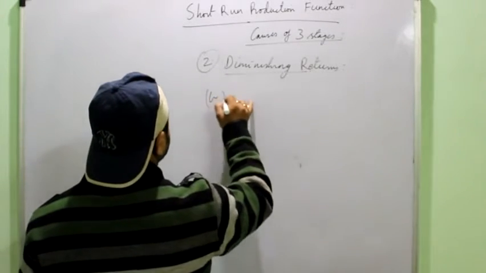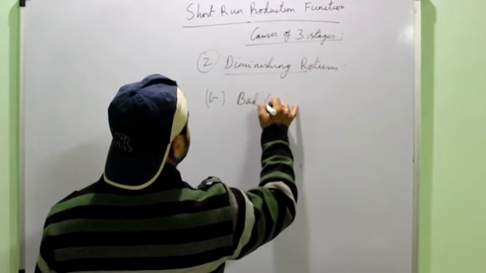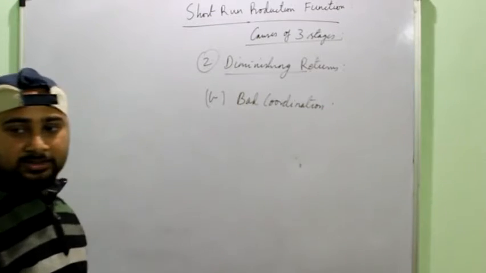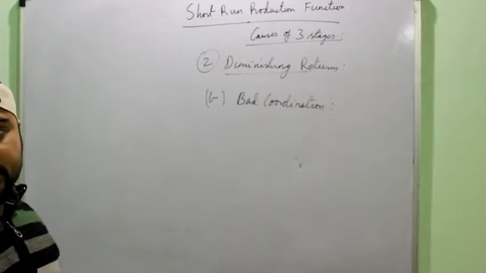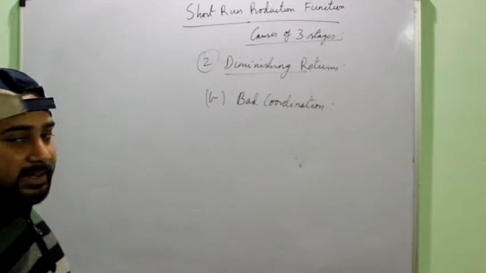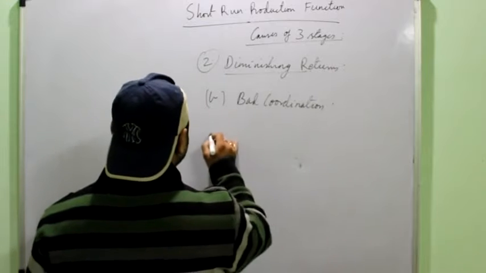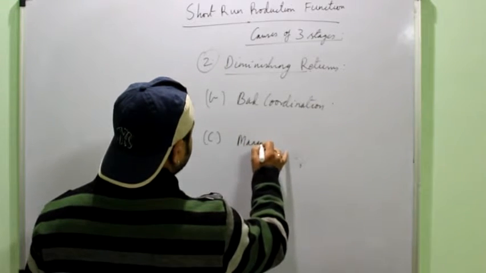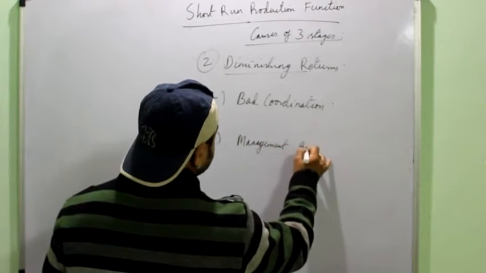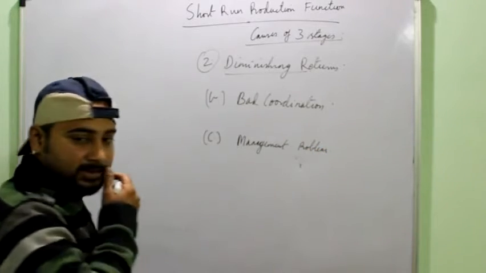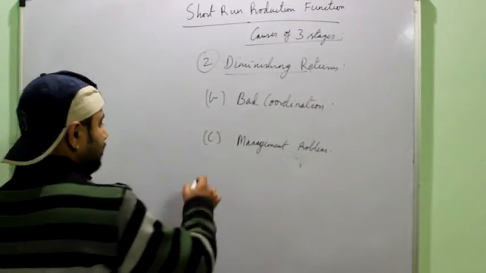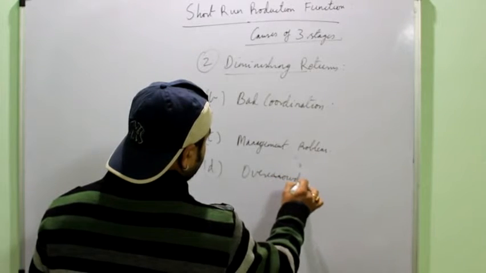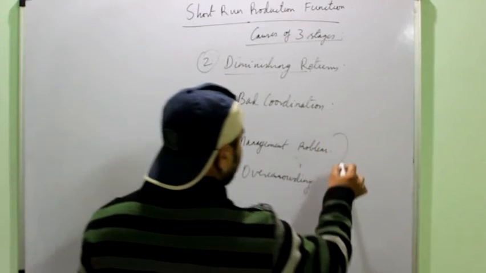Then second is bad coordination, or the problem of coordination. More people, difficult to manage, machines are less, labor is wasting their time, right? One labor is working on a machine, others are waiting and chatting. So lack of coordination. And third is the difficulty in management problem. Right? It is difficult to manage a lot of people and overcrowding. Okay, actually these lead to the negative returns.